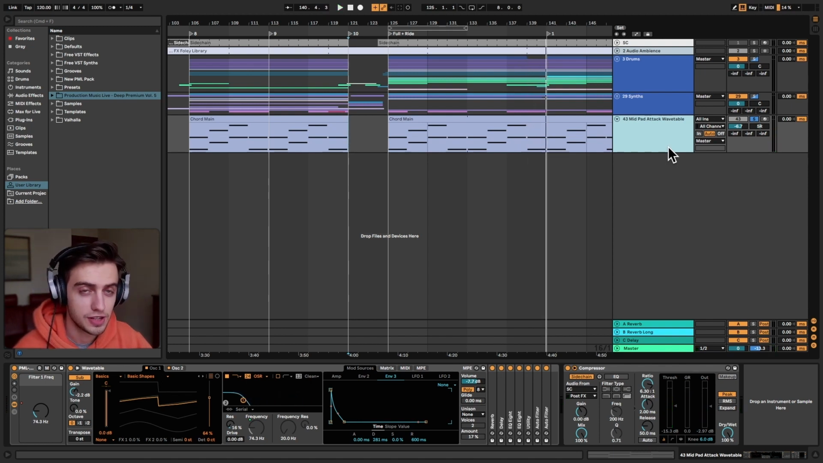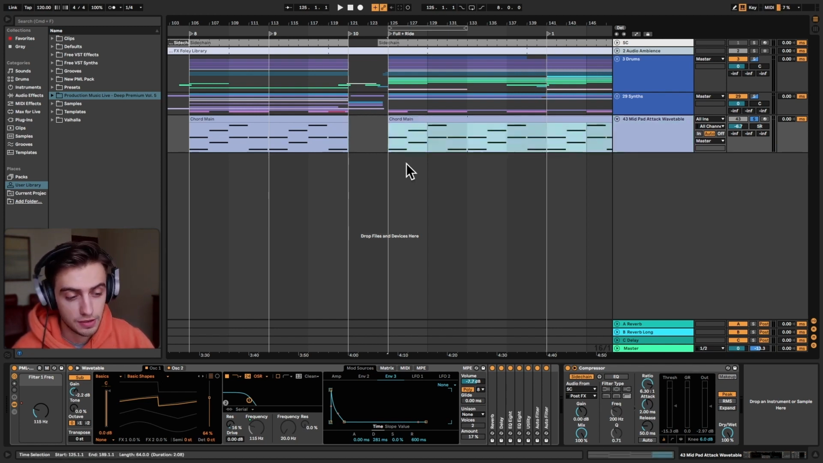Okay, so we're going to take a look at the patch that I have just soloed. It's this pitched main chord element. We're going to basically deconstruct this preset from scratch. We're going to use Ableton's Wavetable synthesizer and a couple of stock effects, and it's going to be a really